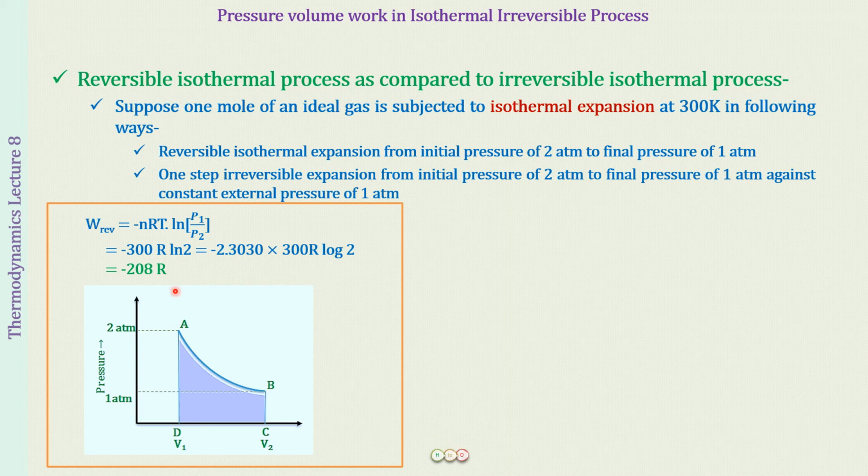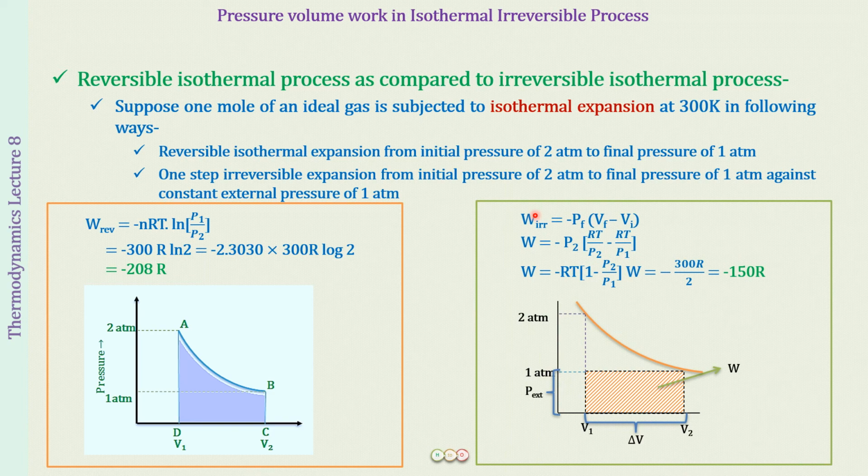Okay, and this is the PV diagram for the process. In this, again, throughout with slow steps, we will be reaching from a pressure of 2 atmosphere to a pressure of 1 atmosphere, and the volume will be changing from V1 to V2 volume. So this is what is happening in the expansion process. Now let us see the opposite side, the irreversible process.